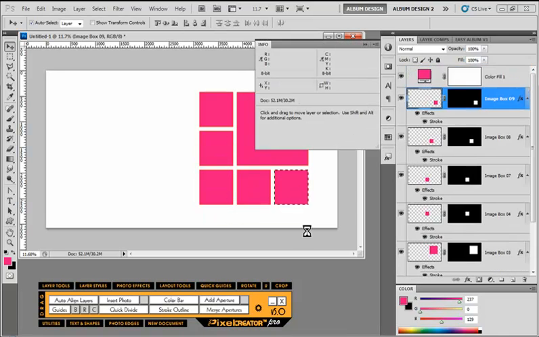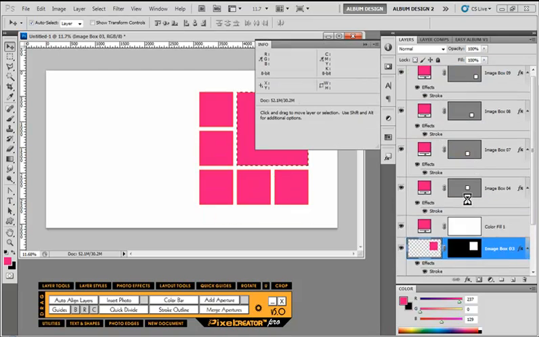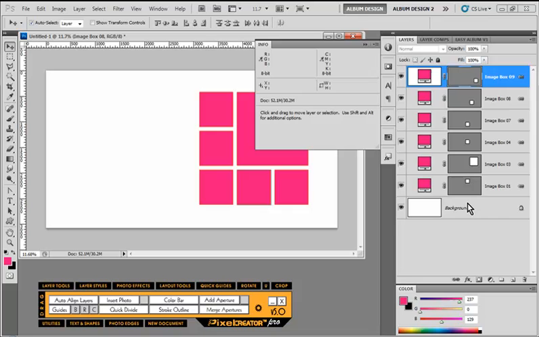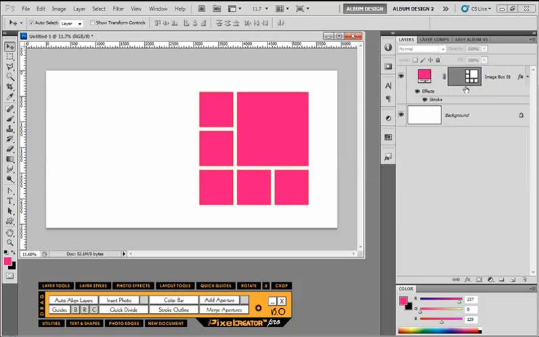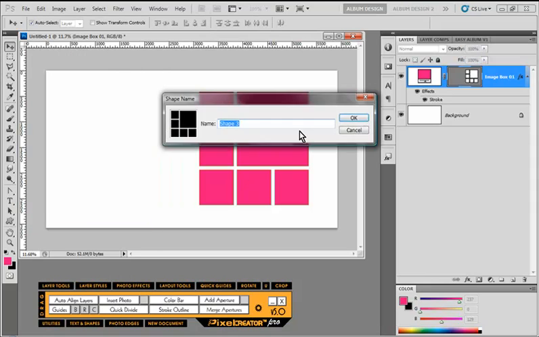We'll say yes. And you'll see over here in our layers palette, everything's being converted from a bitmap to a vector as it regards to the layer mask, and now all the layer masks are being combined into one new vector layer mask. And again, if we were to insert an image, the image will insert into all of these openings. But if I select my vector layer mask here in my layers palette and choose Edit, Define Custom Shape,